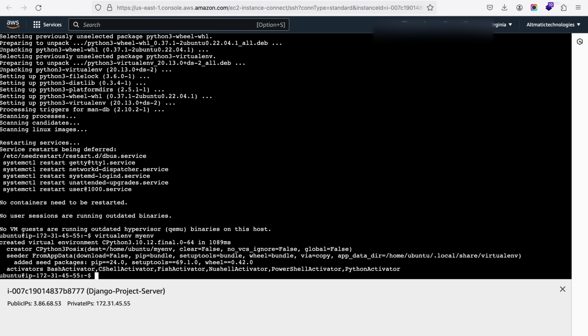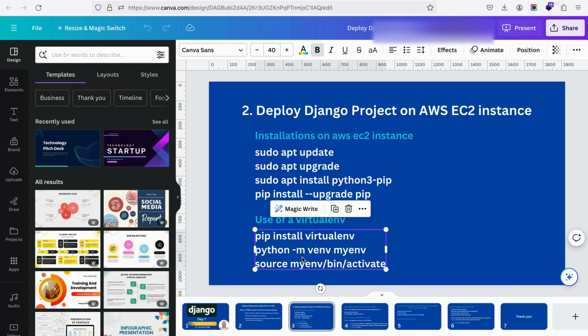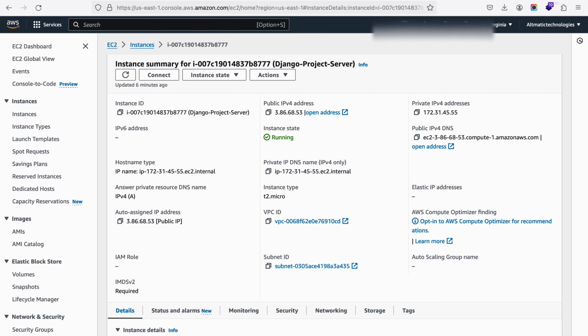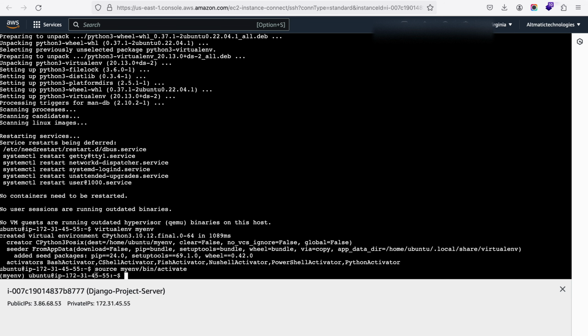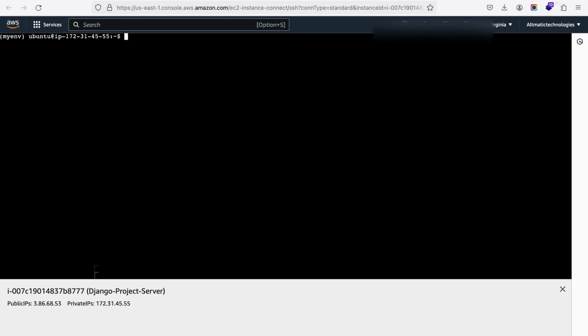So it's created the new environment, but we need to activate that, right? So we need to create it. Yes. So we are in the virtual environment. Now what we need to do now,